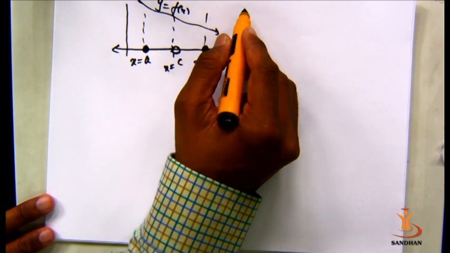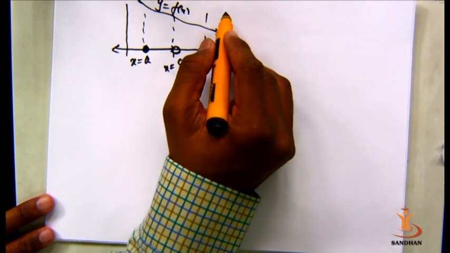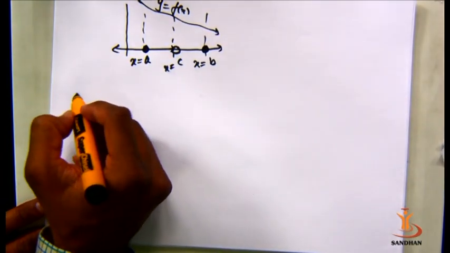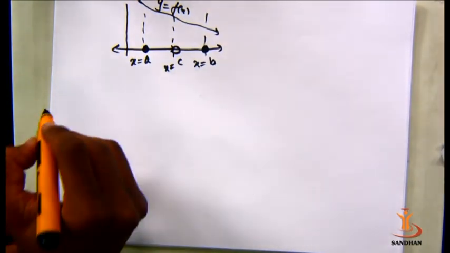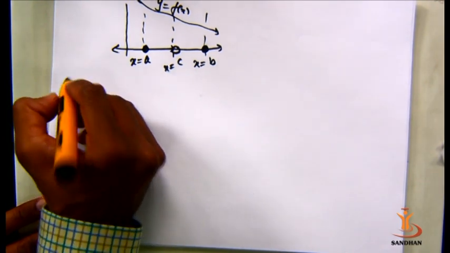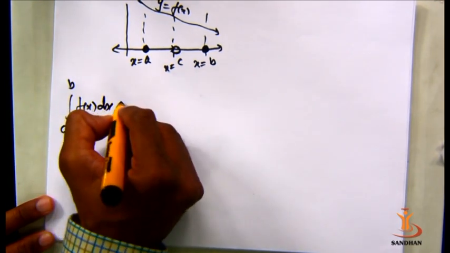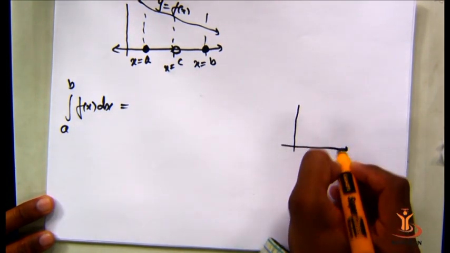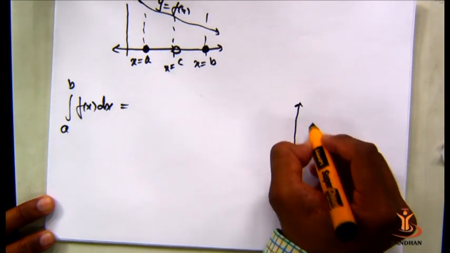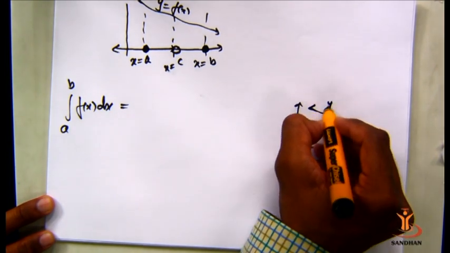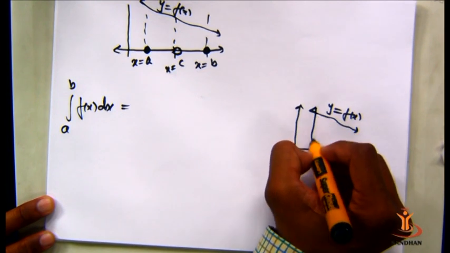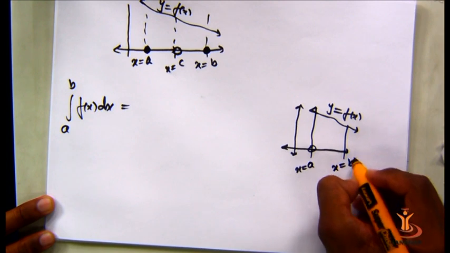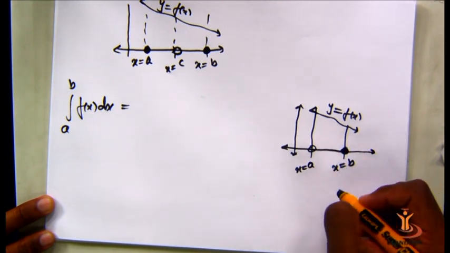We are considering those intervals in improper integral type 2 intervals. How do we convert those improper integrals into proper integrals? First, between a to b, f(x) dx, where the function is not defined at a. Consider a very small number delta. Again y equals f(x). I am drawing the same graph over there. Here x equals a, where the function is not defined. This is x equals b, where the function is well defined.